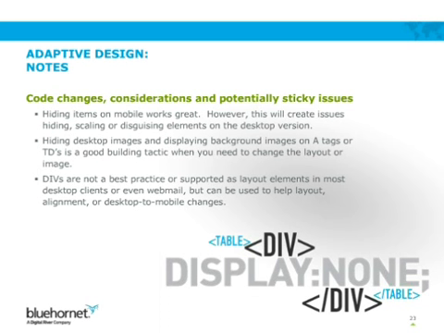We've had lengthy discussions on hiding and showing. Tried to limit the amount of hide and reveal that we would do. Although hiding desktop images and displaying a background image on a TD or an A tag tends to work rather flawlessly in the mobile device,